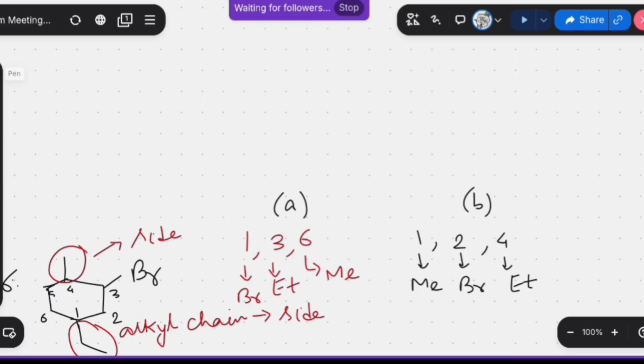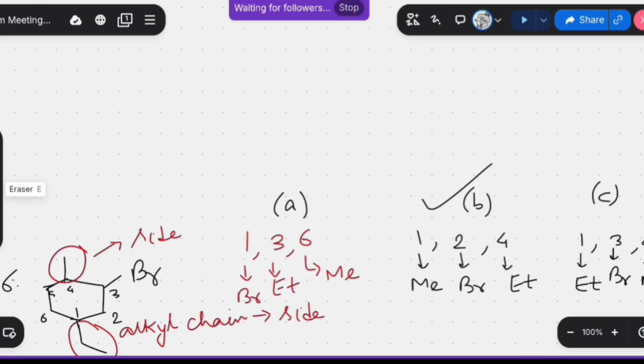তার মানে কি দাঁড়াচ্ছে যে ইথাইল থেকে যদি নাম্বারিং শুরু করি তাহলে 1 পজিশনে আসছে আমাদের ইথাইল, ইটি মানে ইথাইল গ্রুপ। 3 পজিশনে আসছে আমাদের ব্রোমিন, আর 4th পজিশনে আসছে আমাদের মিথাইল গ্রুপ। তার মানে কি দেখা যাচ্ছে আমাদের সেট 2 মানে বি যেটা 1, 2, 4, 1 পজিশনে মিথাইল, 2 পজিশনে ব্রোমিন আর 4th পজিশনে ইথাইল, ওটা লোয়েস্ট লোক্যান্ট দিচ্ছে।